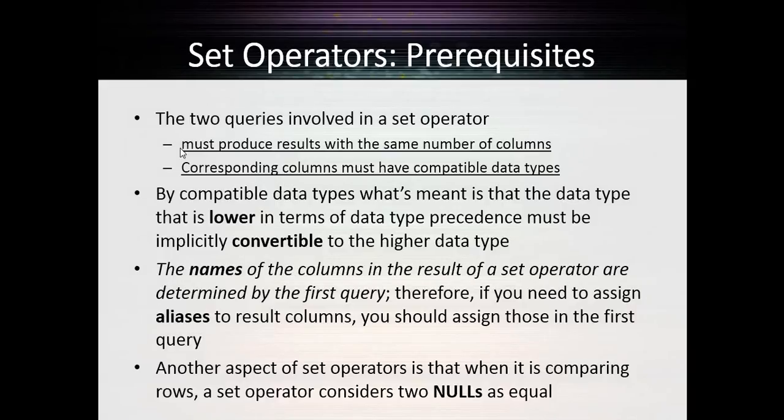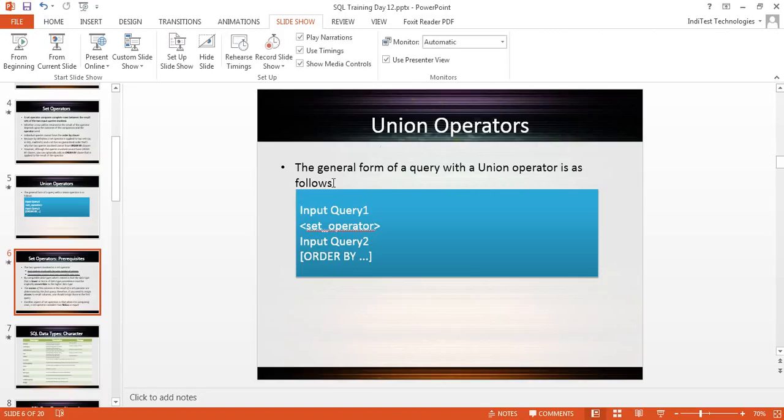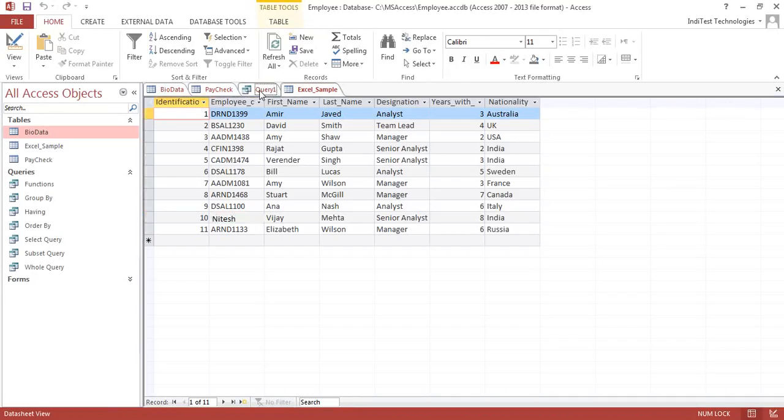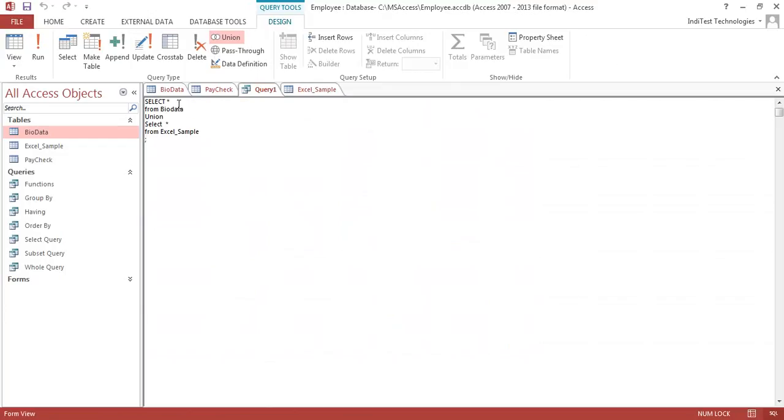The first one is that when you're going to use a set operator, that is a union operator, the two queries must produce results with the same number of columns. So say I move on to SQL and type in an SQL query, whereby I am trying to perform a union between the results of the first query with the results from a second query. So I need to have in my select clauses the same number of variables in both of the select clauses. So I cannot put, say, if I assign biodata as A and example as B, so